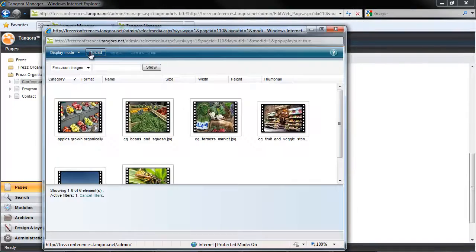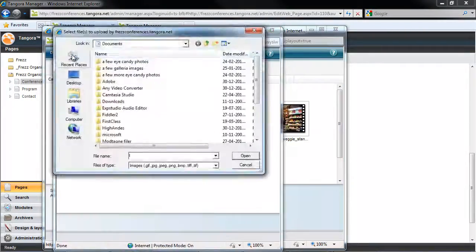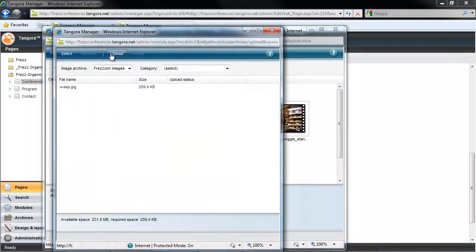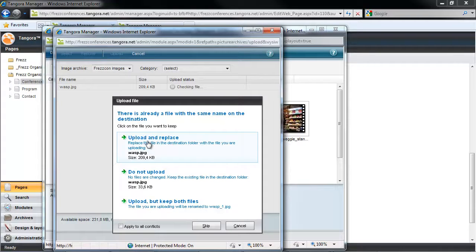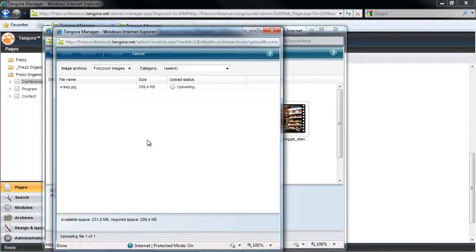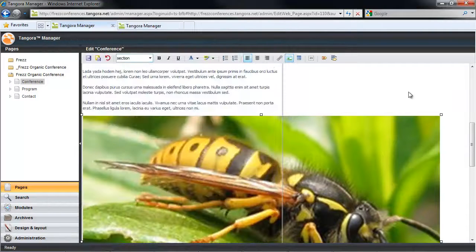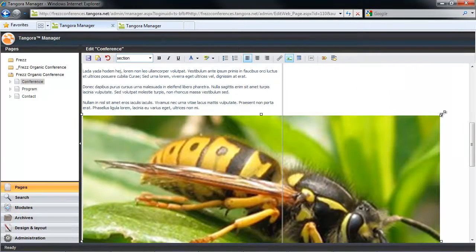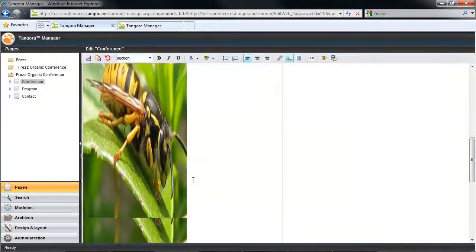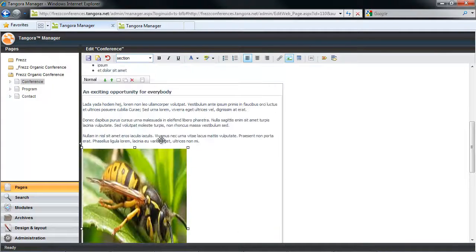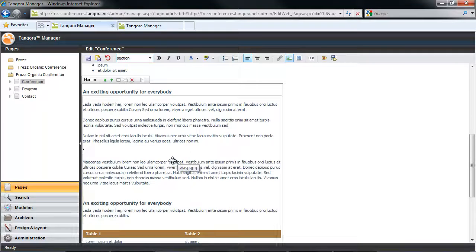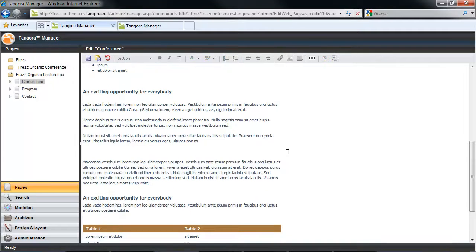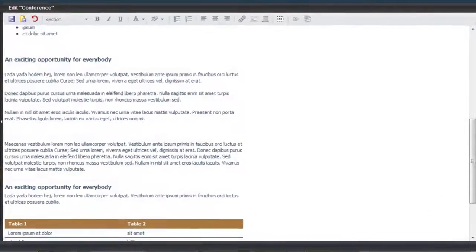But hang on, let's say that I upload an image to a category that doesn't resize my image. Here I'll just save over the old version that I just added. Well, in many cases you may find that the image is too big, and you may be tempted to take a hold of the handles and resize directly, which is okay in a pinch maybe, but should actually be avoided. But fear not, because you can either upload it to a category which resizes your image, or just edit the image using Image Editor, which we'll cover elsewhere.